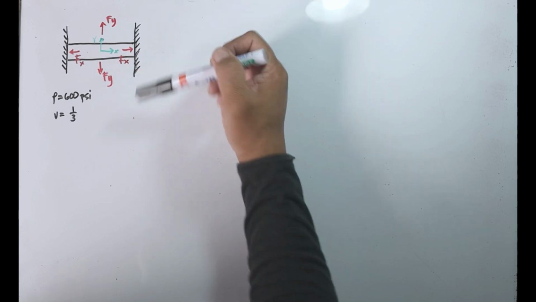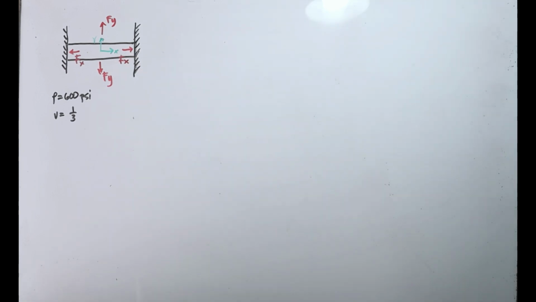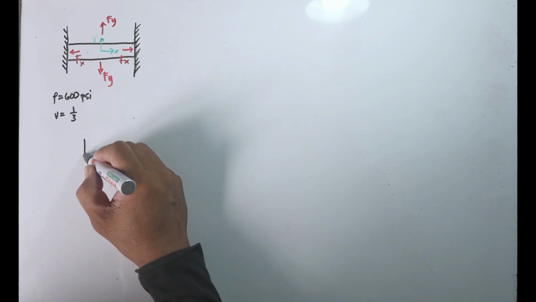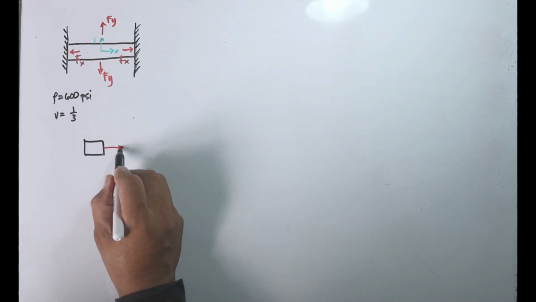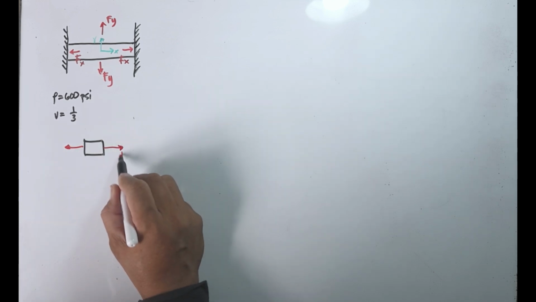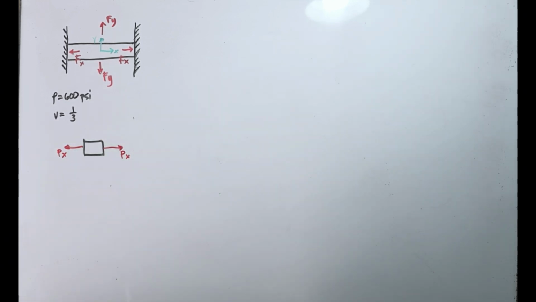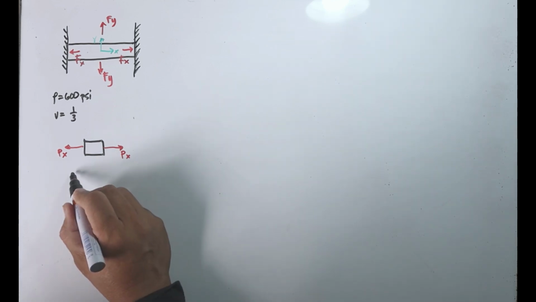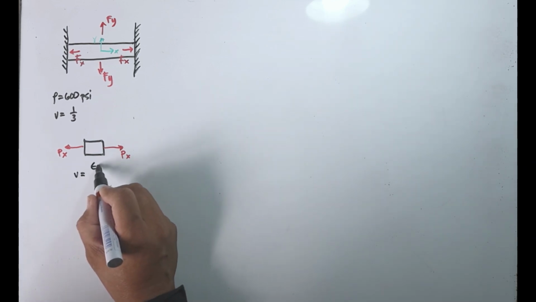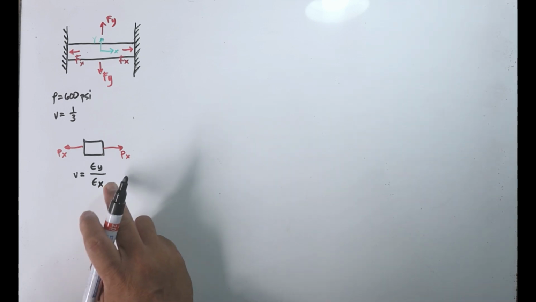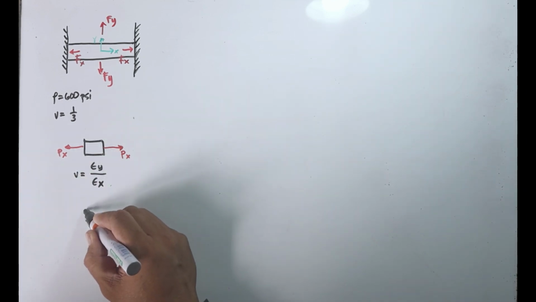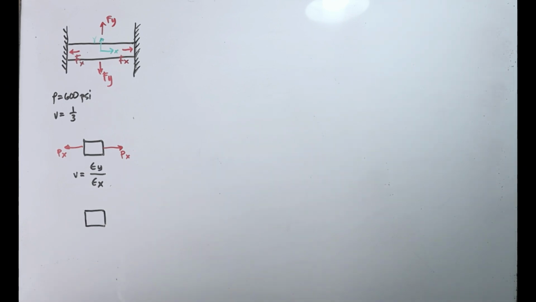Okay, so the lateral strain or lateral stress caused by Fy is along x, and that lateral stress will be our longitudinal stress. According to Poisson, let's say we have a body here and it is subjected to tensile forces, say P sub x. So this is our x-axis, this is our y-axis. Then Poisson's ratio is strain along y divided by strain along x. Okay? So this is for forces along x.